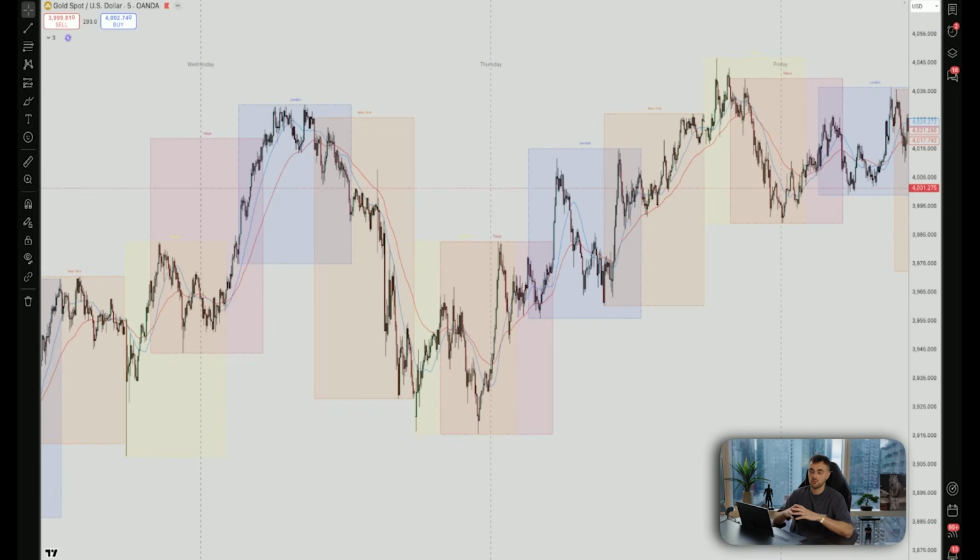Here we have a chart on gold, and we can see there are different sessions. There's Tokyo session, there's London session, there's the New York session. These different times matter because these are different times that volume can come into the market. So you want to learn how the pair that you like the most, or the pair that you're really good with the most, moves in these sessions, because you don't need every session.